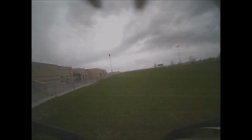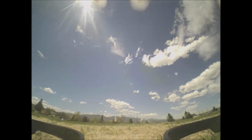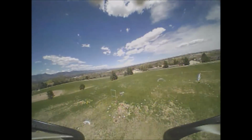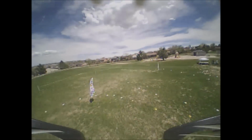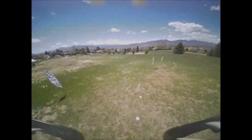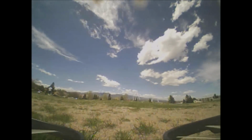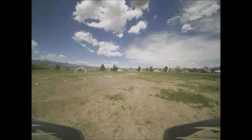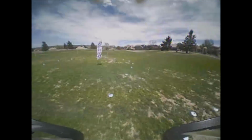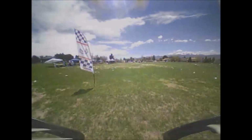Here I have my 3-cell on, and one of the problems is that when you give it a punch like I did right here, it tends to twitch to the right or left. And this only occurs when you hit it really hard. So I don't know exactly what that problem is, but I will have a follow-up once I do figure that out. But besides that problem, once I kind of slowed down a little bit and took it easy and smoothed out my